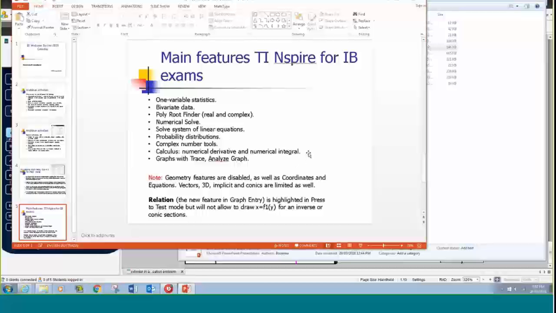Tangent line does work in Press-to-Test, graphs with trace, analyze graph. Now, geometry features are disabled as well as coordinates and equations. You can't get those, vectors, 3D, implicit, and conics. If we look at Relation, which is the new feature in Graph entry, it is highlighted in Press-to-Test, but it will not allow you to draw x = f1(y), which you can do in your class activities,